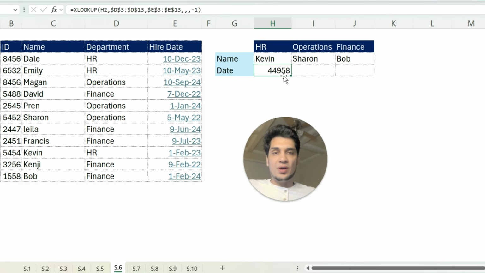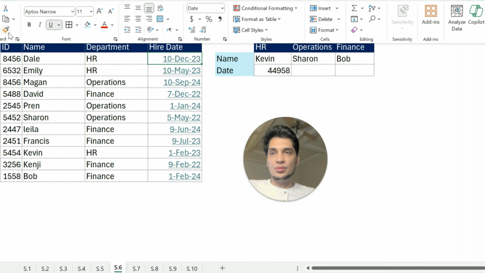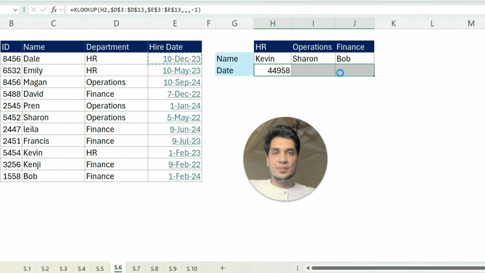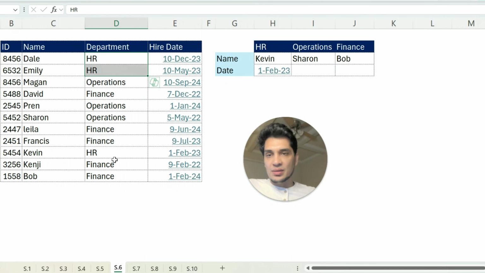Okay, this is the formatting. Let me apply the same formatting as I have here. Go to home, apply formatting. Okay, 1st February. Now let me look at the HR information. The HR information is the most recent employee. The most recent employee is